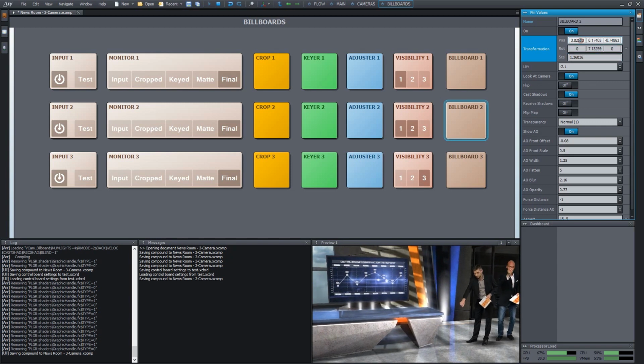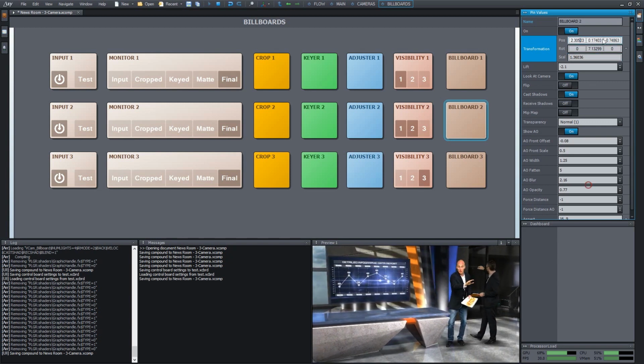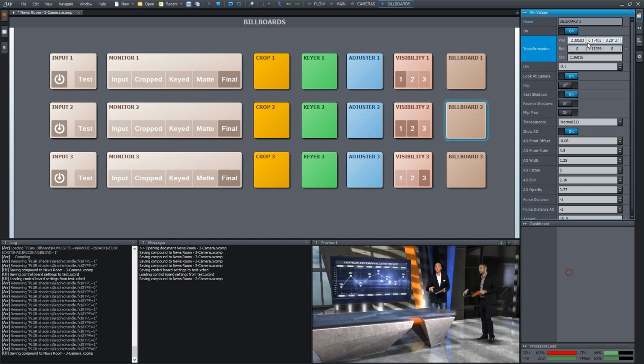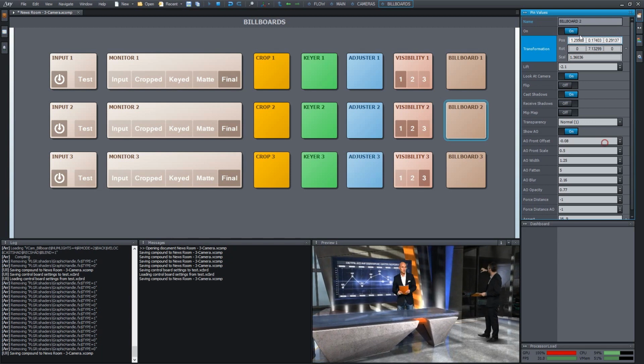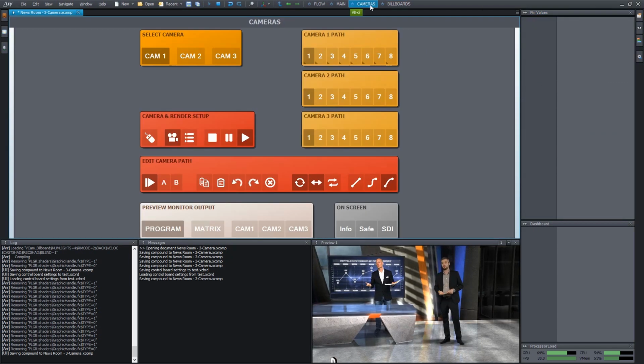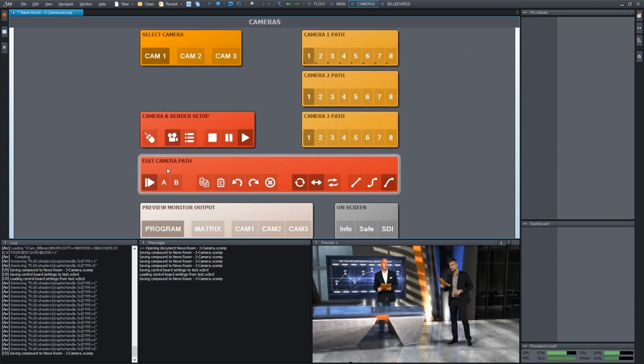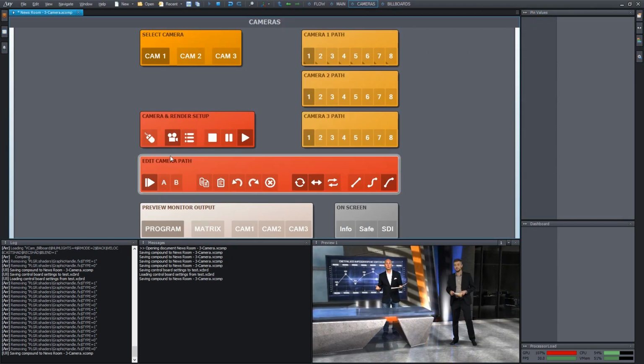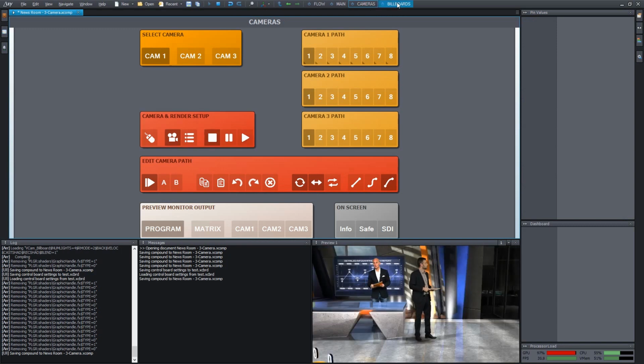We can easily move and scale this new person to make it work well with the other person in the scene. We can place him behind the desk too. With these adjustments, we have now moved both people in one common space. Of course, the 3D editing on the output monitor works the same way as we have already seen it earlier,